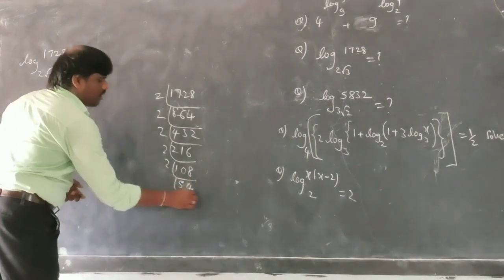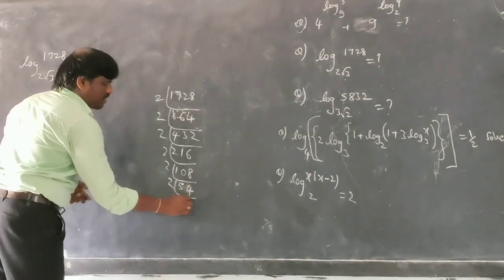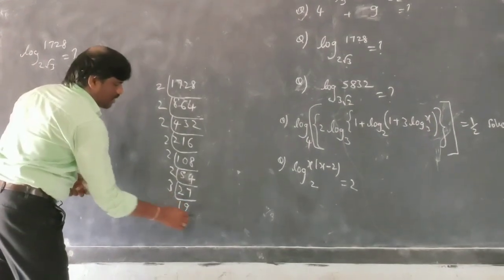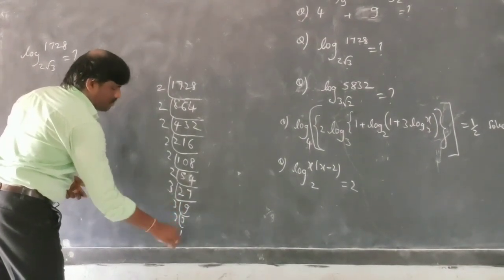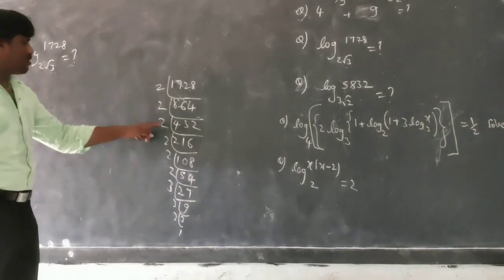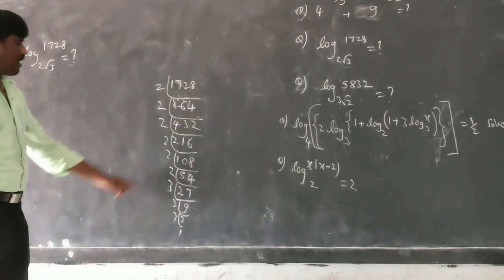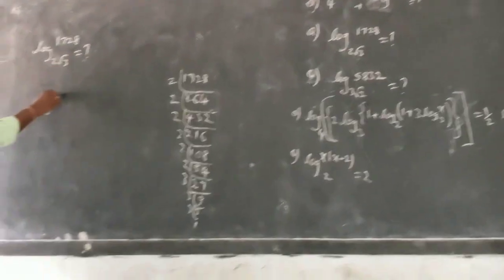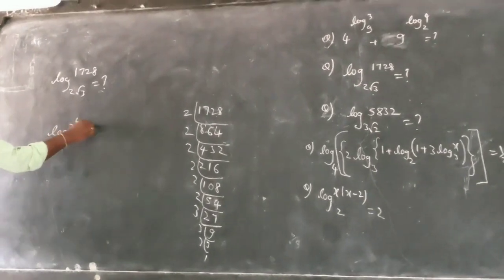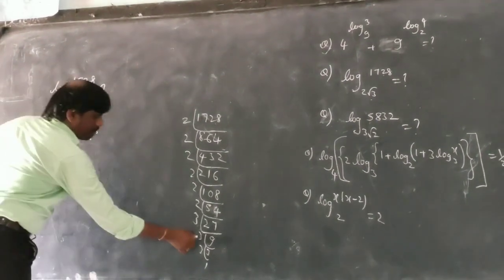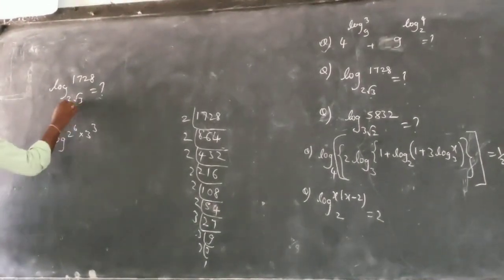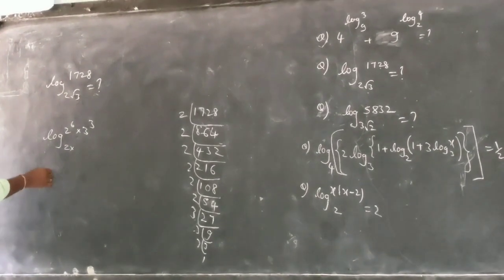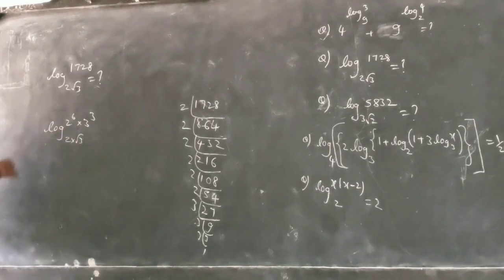54 times. Okay, 2 table. 2 2s are 4, 1 7. Okay, 3 table, I'm getting it. 3 table 9 times, 3 table 3 times, 3 table 1 time. So what I am getting here: 1, 2, 3, 4, 5, 6. Right, 6. So I can write it as log 2 power 6 into 3 power 3. And the base is 2 into root 3, and let's keep it as root 3. No problem, no issue.